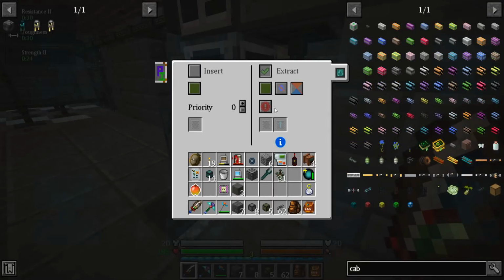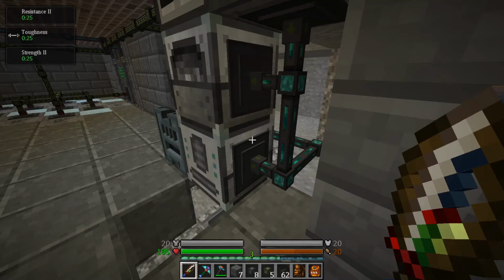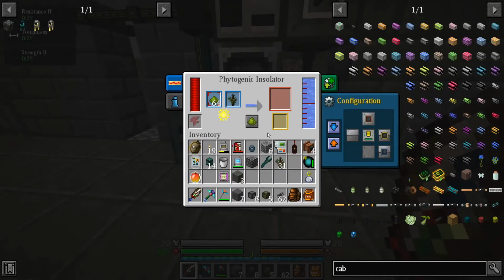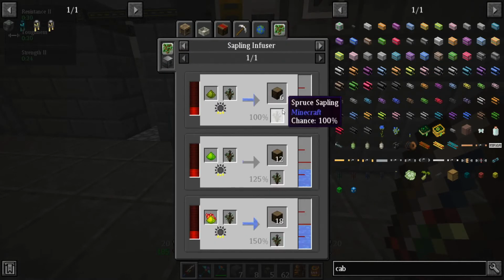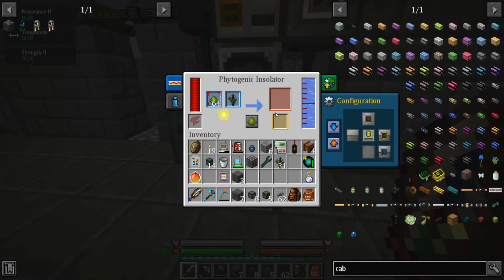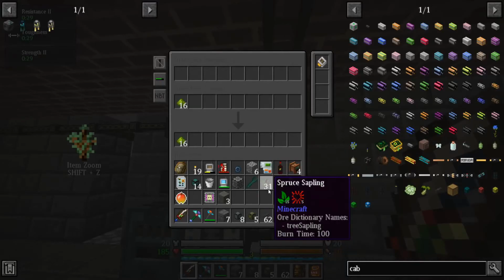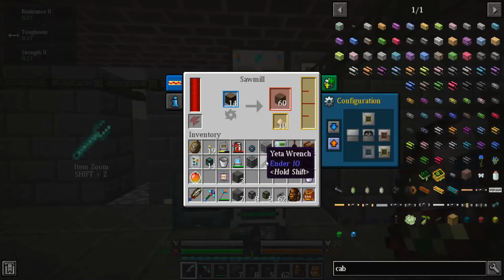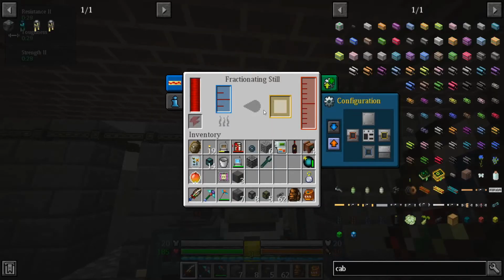Now, you're stalled now, right? So turn you to extract always active, and it'll backfeed. Now in here, with regular, it's a 100% chance of getting a spruce back. So I can just keep recycling the same sapling. Awesome. Now you're running through your bag stuff now. But you got...